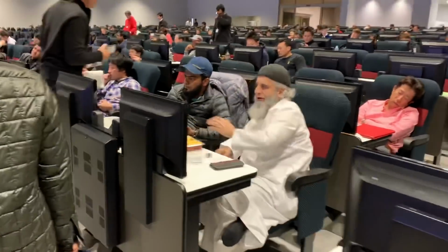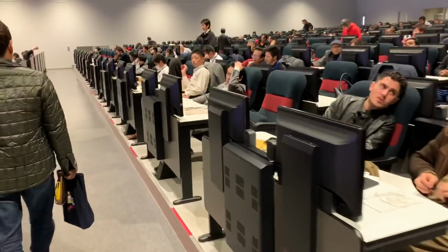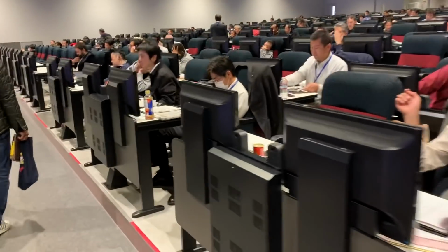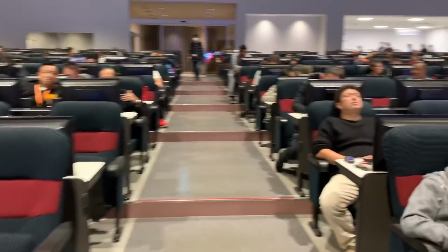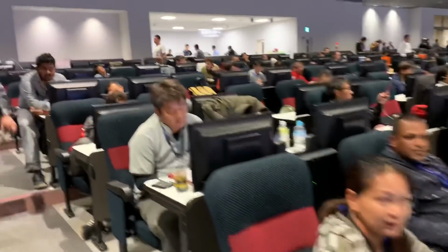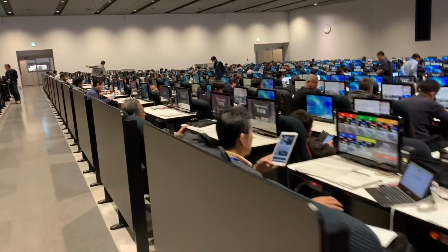If you are a member of an auction house, you also get a special USB, which gives you access to the auction system online, meaning that you can check the auction report and bid for the cars sitting at your home, at your office, as long as you have access to the internet. I am looking for an open seat where I can log in and see whether...